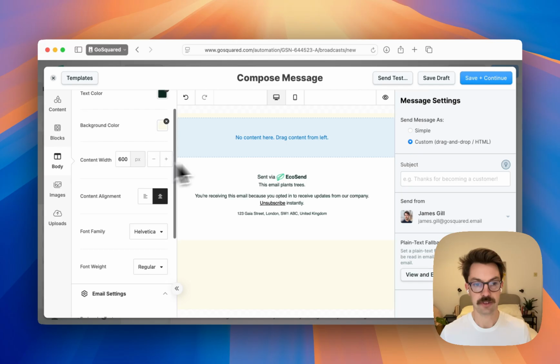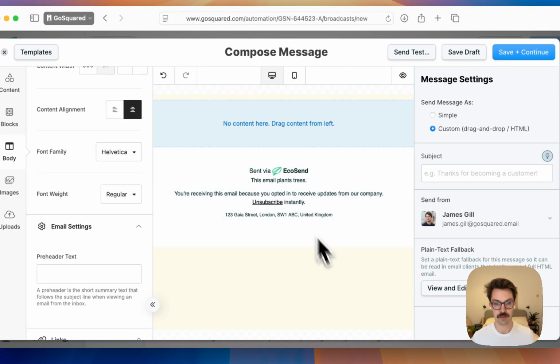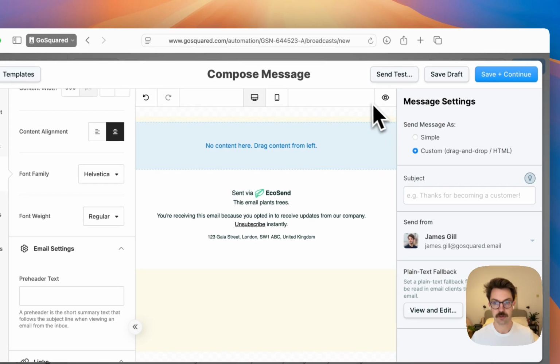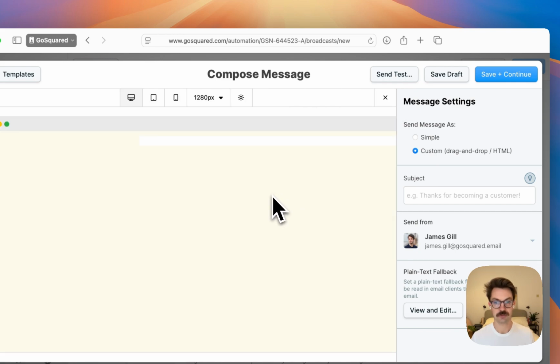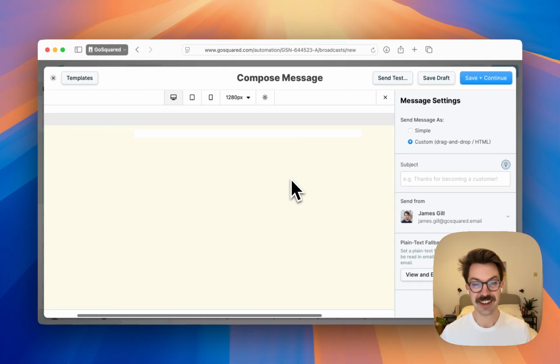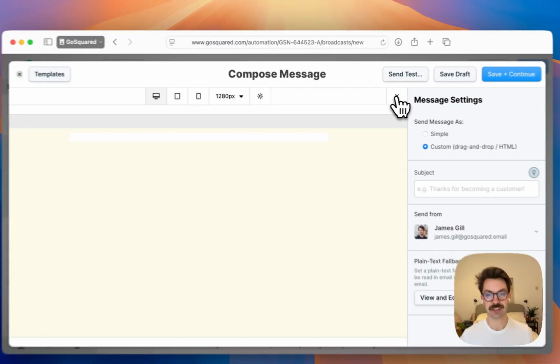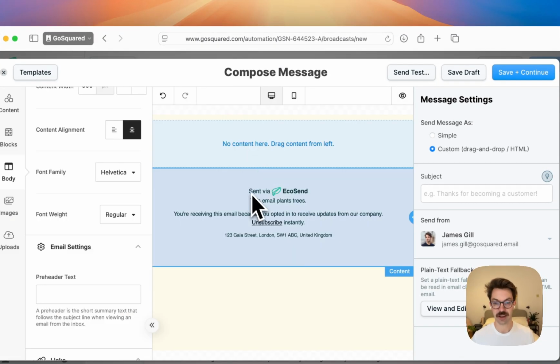Right, we have set a background color. We have got that. So if we just hit up here is our preview button, and that shows you, not much to look at right now, I know. We've got a background color, and we just haven't got any content. We've also got the footer here,